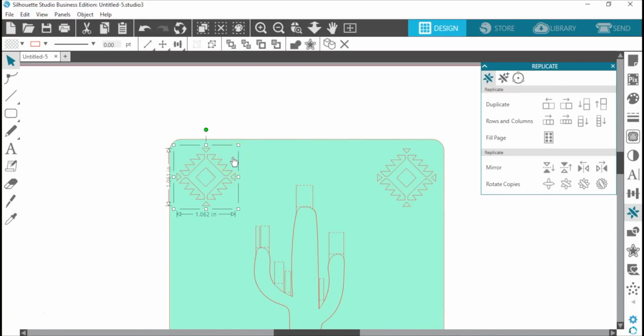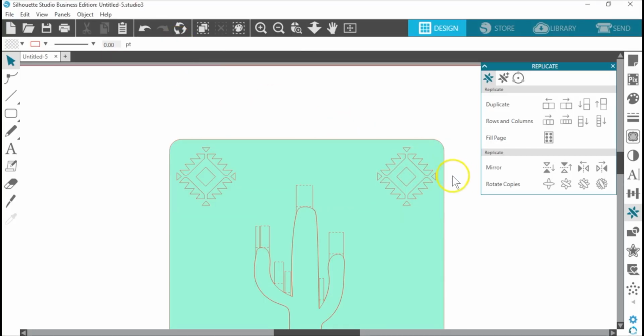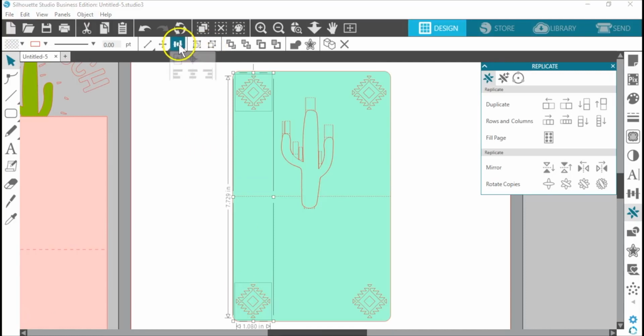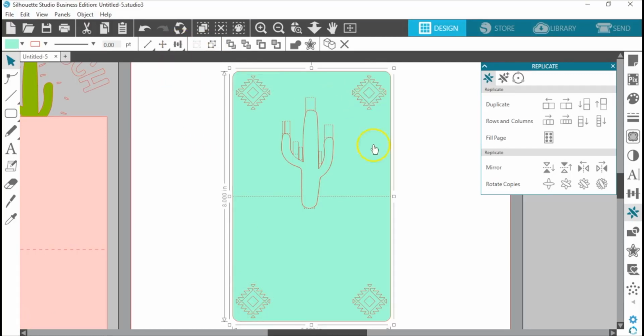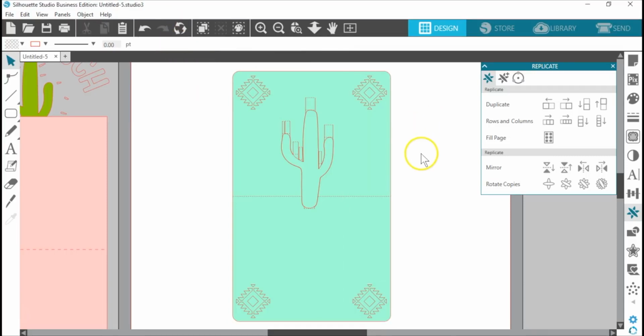If I select it, I can use my arrow keys to nudge them where I need to. Hold the Shift key to select more than one piece at once by clicking on them. I'll just keep moving these around a little bit at a time and align them with each other to make sure that I've got them where I want them in relationship to each other. I'm almost done. Okay, that looks good for those designs.